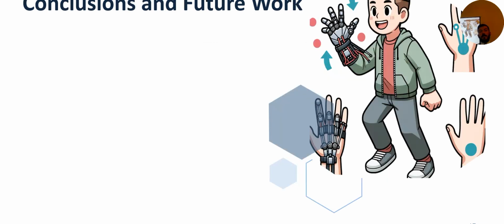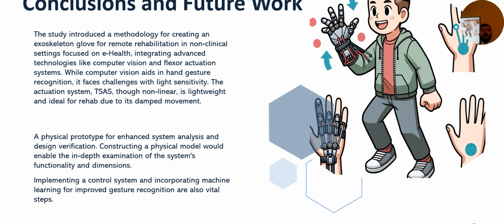And for conclusions and future work, the study introduced a methodology for creating an exoskeleton glove. This exoskeleton glove was based on the hand model, and we selected the twisted string actuator system. We simulated this approach to know if it can be a suitable option for this exoskeleton, and for future work we aim to make a physical prototype of this exoskeleton,